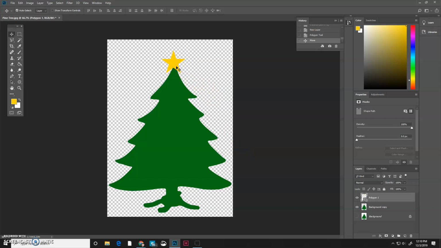Okay. Nudge it a little bit until it's where I want it. Okay, so now I have my star layer. So it's going to be very important that I label these. So I'm gonna call this star, and then this is going to be pine tree. Okay. All right. So next thing I'm going to do is